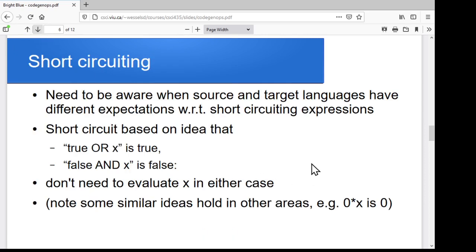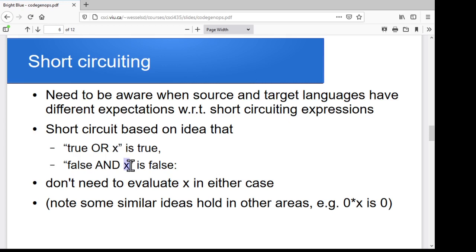You do have to be aware of whether short-circuiting is in use or not, right? The idea that true or X is true. So in theory, you don't even need to bother evaluating X, and that's the essence of short-circuiting. If you see true or whatever, you ignore the whatever and just say, it's true, short circuit. Or false and whatever is false, so you ignore the whatever. If you evaluate the left-hand side to false, then you just say, forget it, I'm not bothering with the rest, the result is false. Which is fine, unless that other portion